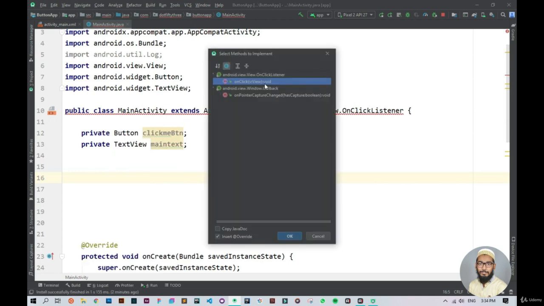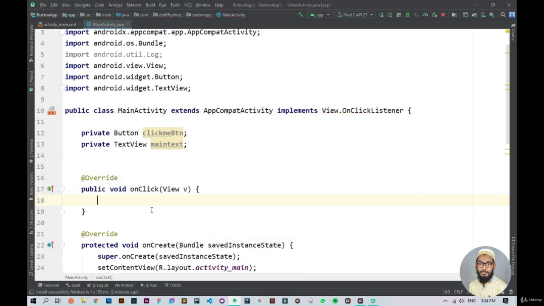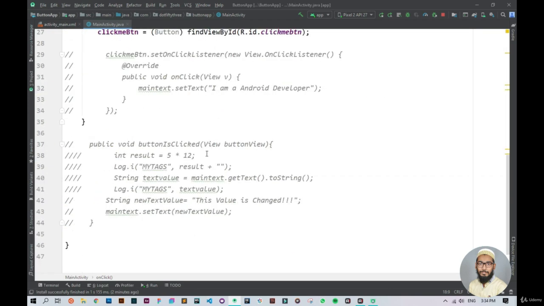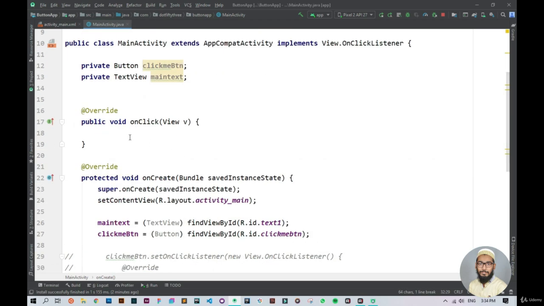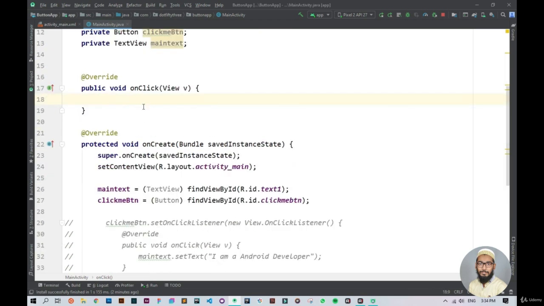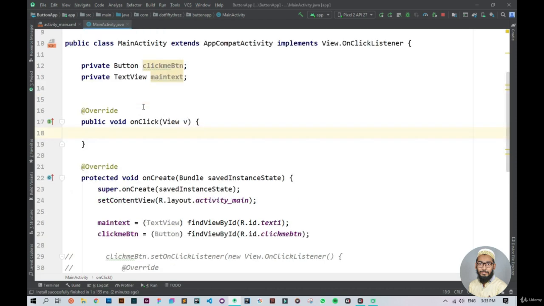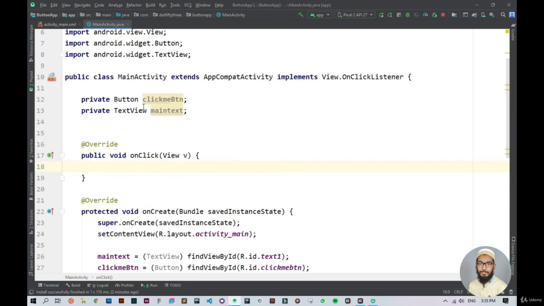So click on this onClick(View) method and press OK, and now you can see that the onClick method is implemented and the error is gone. Now we can specify the logic inside this method. So whenever the button is clicked,